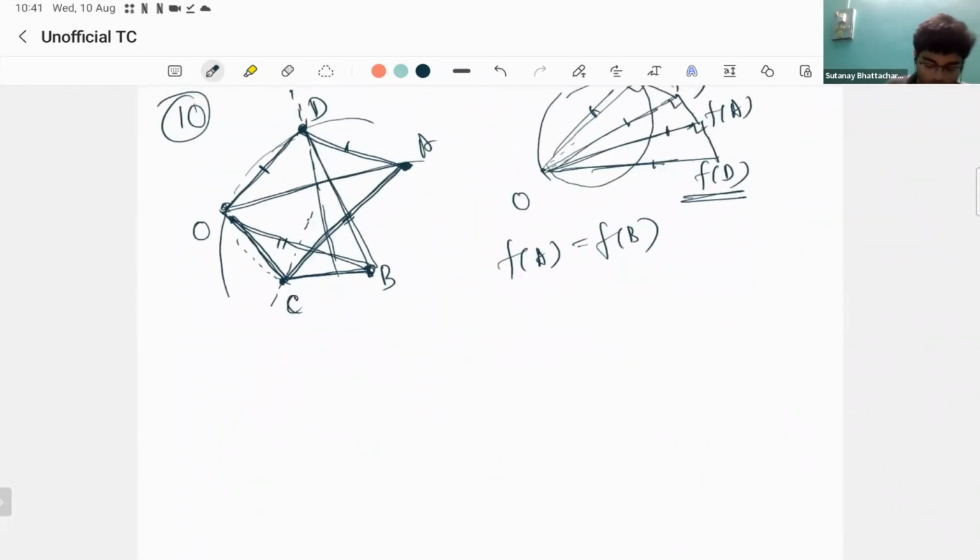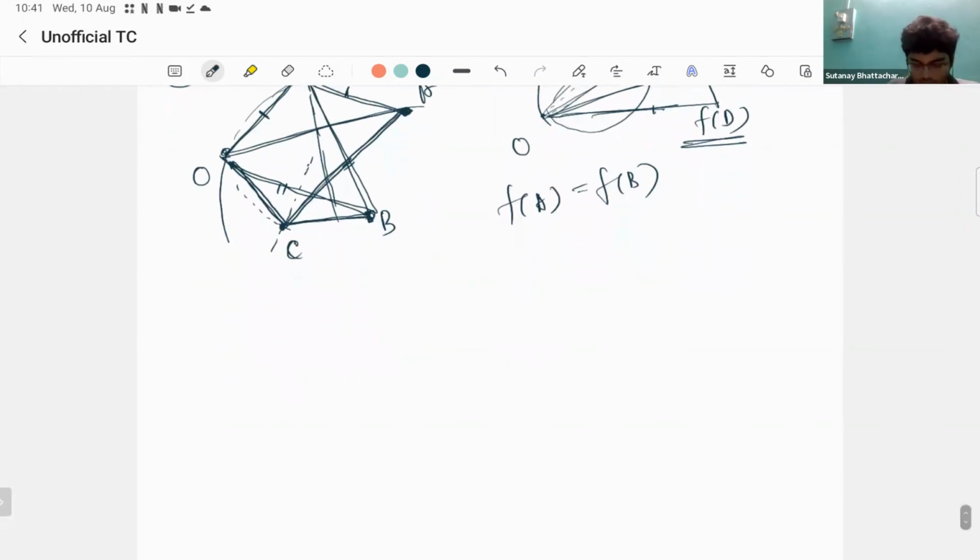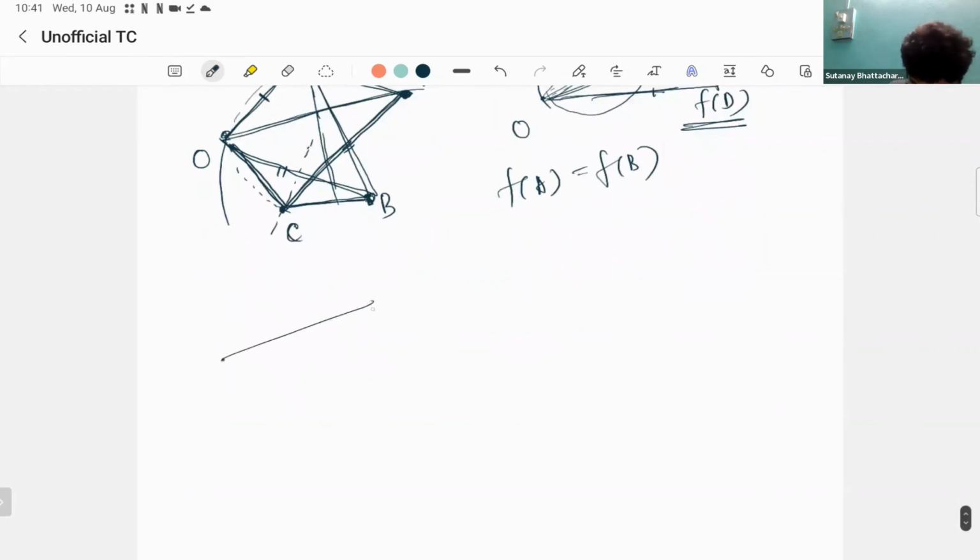Except there's a small caveat here. To construct these points C and D, we took some intersections, right? And in general, those intersections need not exist. We are intersecting a line with a circle. Who knows if that line even intersects that circle? So if you carefully plan out the details, you will see that those intersections exist only when this length AB is smaller than this length ON is smaller than this length AB. So you just need AB to be the shortest side in this triangle. So what we have proven here is whenever AB is the shortest side of this triangle, FA